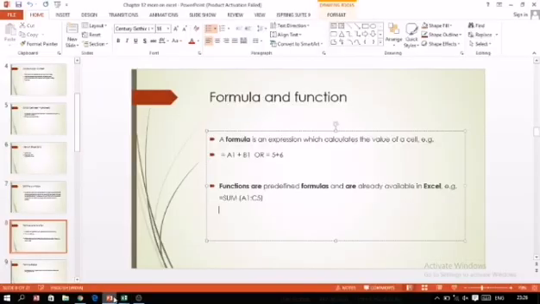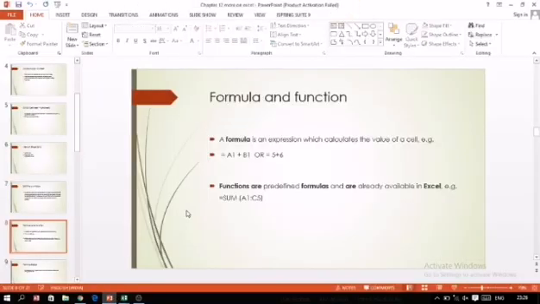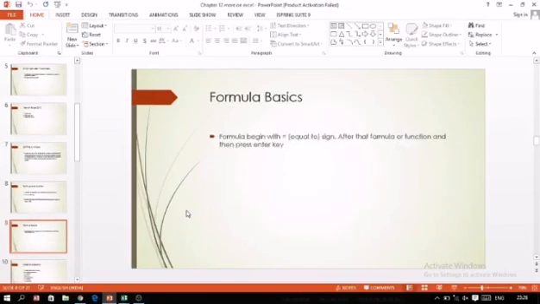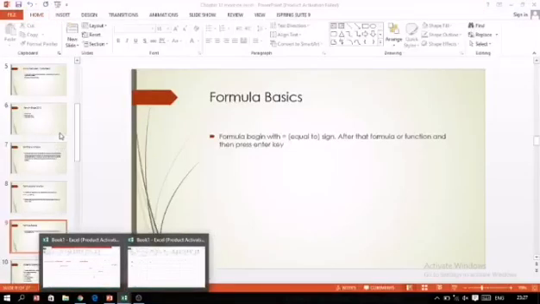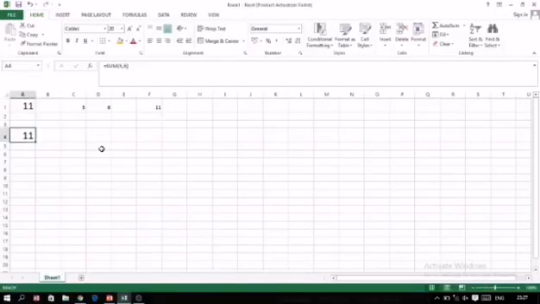Next topic after this is formula basics. Whenever we want to give any formula, it always starts with an equal to sign. After giving the equal to sign, either we have to use a formula or we have to use a function.